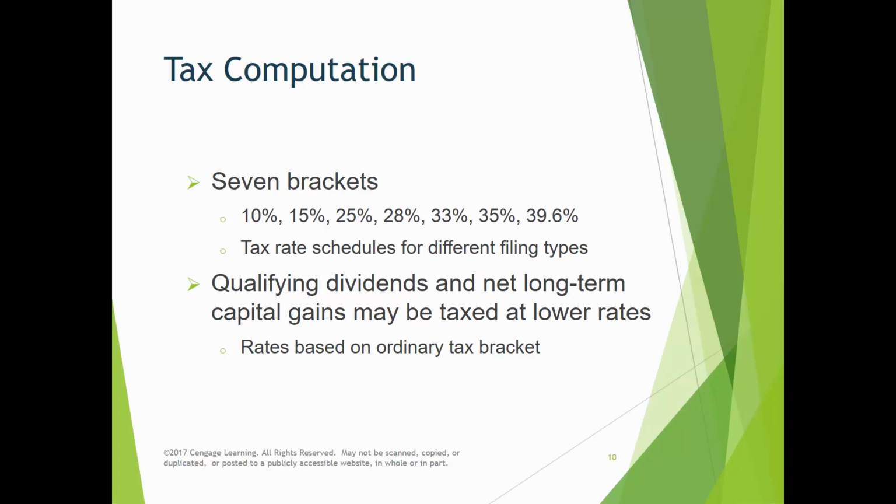Okay, here's our tax brackets. 10, 15, 25, 28, 33, 35, and 39.6, although you could arguably go higher than that if you have something called NIIT, net investment income tax. This is part of the ACA to tax people that have most of their income unearned. I make $20 million a year and it's all in the stock market. Okay, that's net unearned income. I can arguably pay higher than 39.6 percent because I don't earn any of my income. Okay? It's all unearned. It's in the stock market or real estate or passive